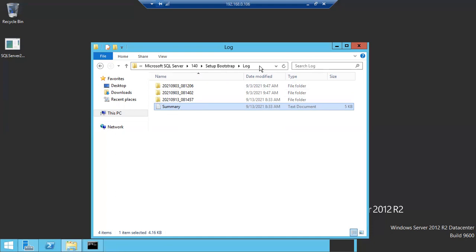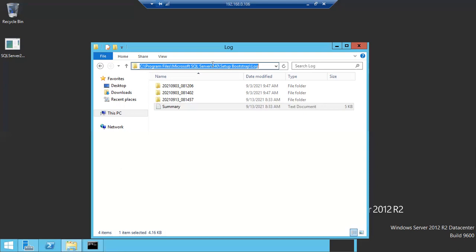Okay. What is the location of the summary.txt file? See Program Files, Microsoft SQL Server, instance binaries. Binaries means 110, 120, 130, 140 instance binaries. Setup Bootstrap folder. If the instance belongs to 2017, you can find the 140 folder, go inside 140. You can also find different folders like 120, 110 and all, but the final version, what is the build number for this instance, 2017, 14.0. So you can find the 140 folder.